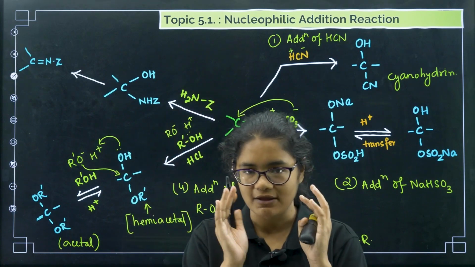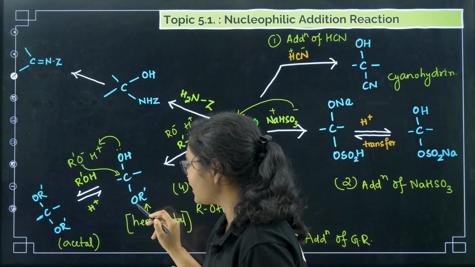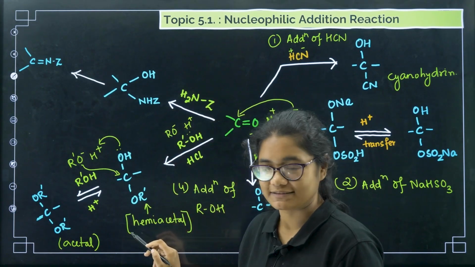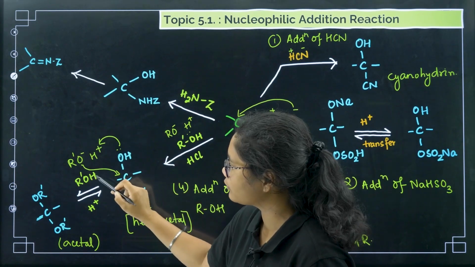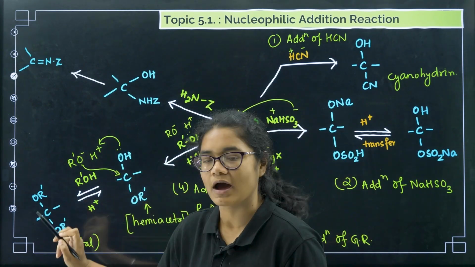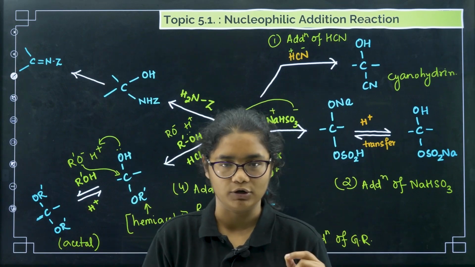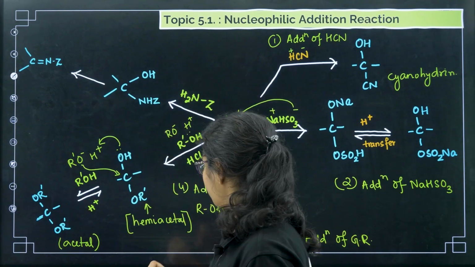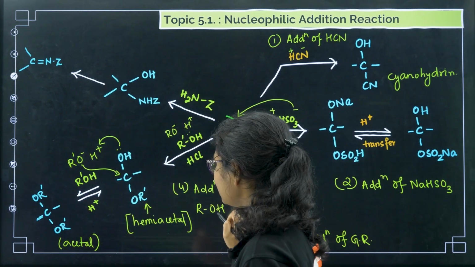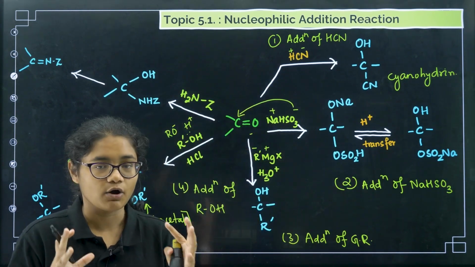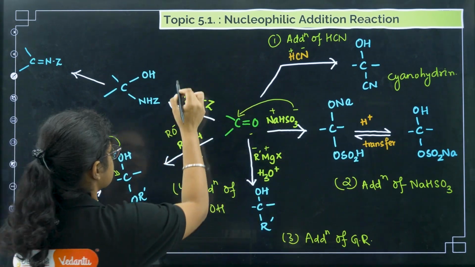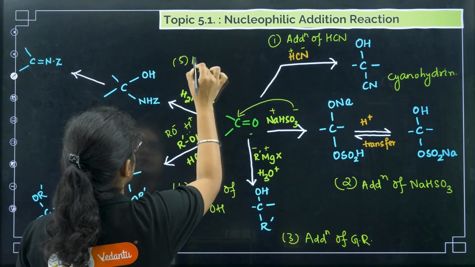Okay, so when you have carbon with one OH and OR dash group, that is called a hemiacetal group, and when this OH again reacts with another alcohol molecule and gets converted to OR dash, we call it an acetal molecule. Okay, so this is your fourth one, that is addition of alcohols. Next, coming to the fifth one, addition of ammonia and its derivatives. This is the fifth one, addition of